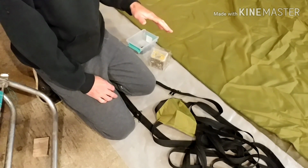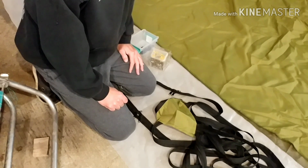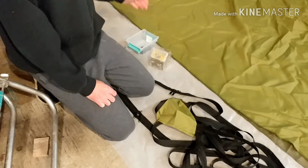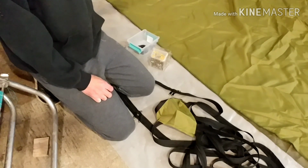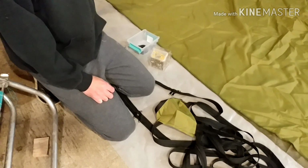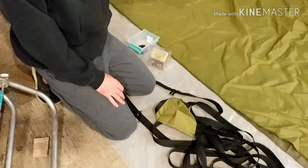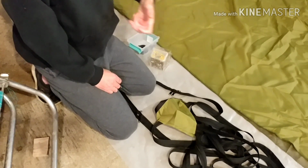But on this particular hammock, it's going to have a pad opening, which I've done before on double layered fabric. So what I'll have to do is measure down to where each one of these pullouts are going to go and mark that, so I'll be able to put them in place. I'll have to measure where my pad opening is going to be and mark that, and since this is so wide of a fabric, it's going to have a pad opening to actually stick your pad through, but then it's also going to have an opening at the other end so you can reach your hand up in there, because it's got so much fabric,